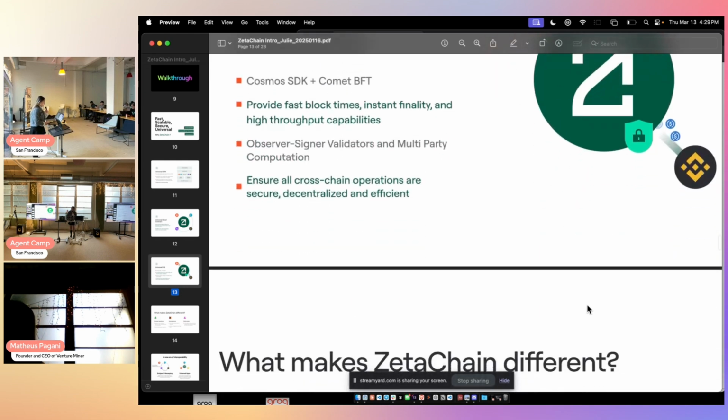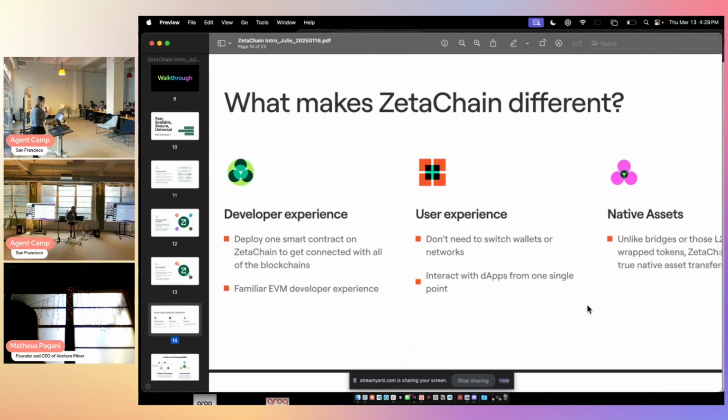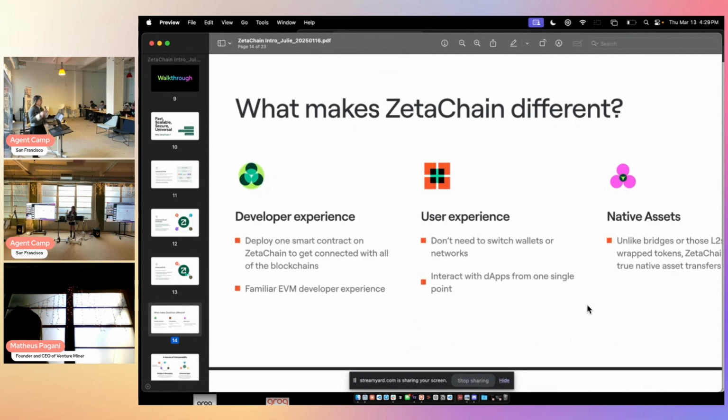So in general, what makes ZetaChain different? First of all, the universal EVM smart contract and the proof of stake. For the developer experience, you only need to deploy one smart contract on ZetaChain to get connected with all the blockchains. For EVM developers who write Solidity, it's especially friendly.